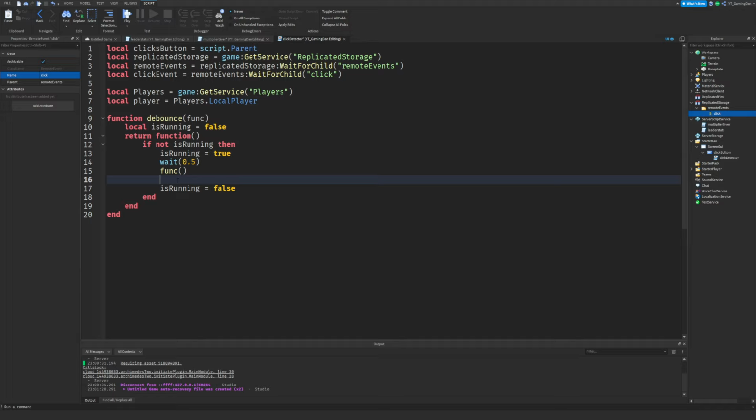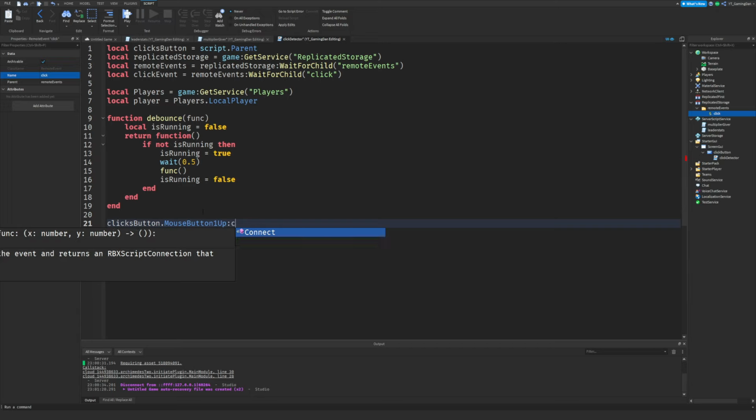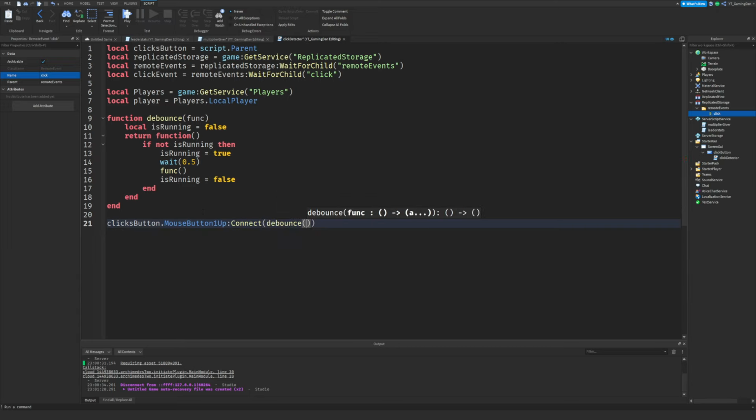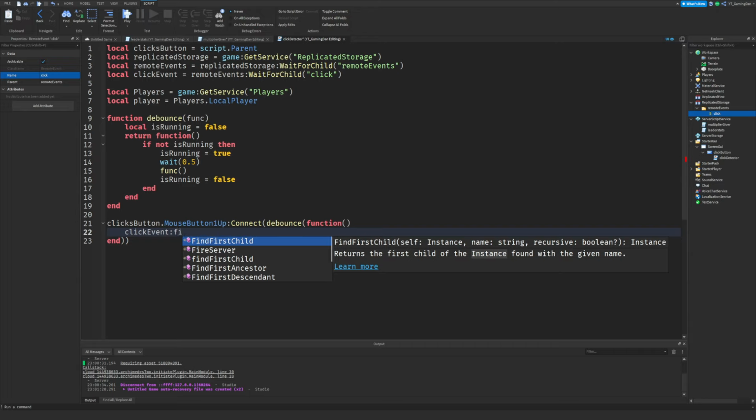So what exactly is happening here? Well, what's happening right now? Pretty much right. I'll write the thing underneath first, and I'll explain exactly what it does. So we're going to go ahead and do over here, click button.MouseButton1Up:Connect(debounce function). And then we're going to put in here, click event, click event right now, guys, FireServer,